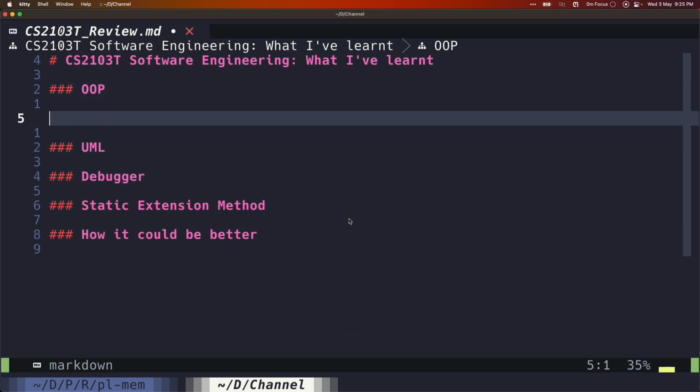I think one of the things that this module does poorly is that it makes you believe that OOP is a way of doing things. Despite the prof clearly saying in the notes that OOP is not a way to do things, this module only teaches you how to do things in OOP. And that's pretty bad because there are lots of problems with OOP that the industry is actually talking about. I'm going to address several of them that I learned this semester while I was exploring on my own. The first issue with OOP is inheritance.